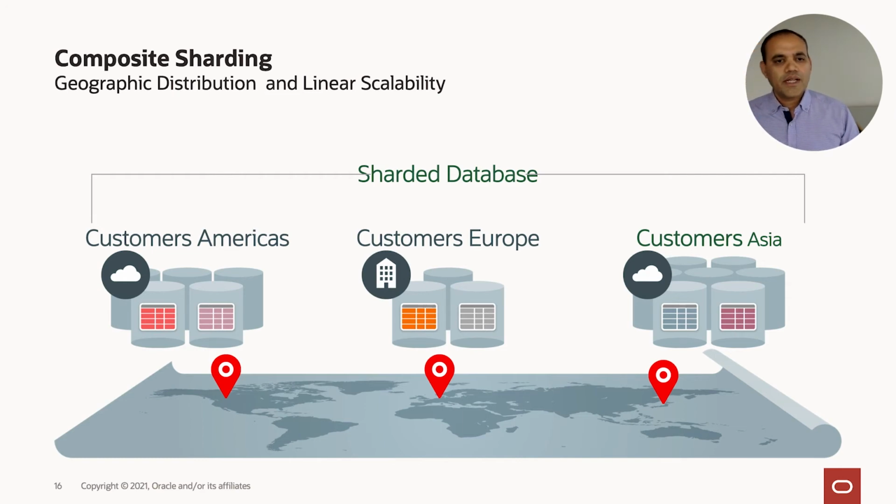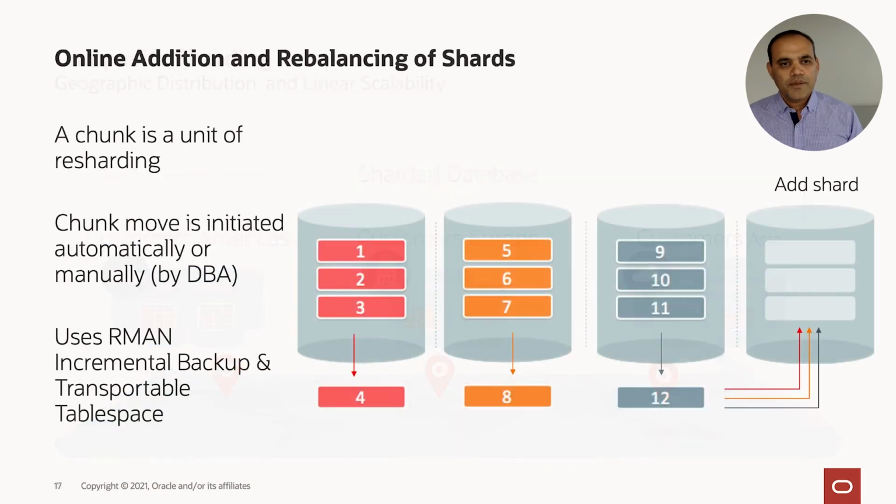In Phoenix in US, I have 5 shards, and I don't want to micromanage the data placement, so spread it evenly. Likewise, I have 3 shards in Frankfurt and 7 shards in Tokyo. So what we can do is use the user-defined sharding, which is list-based, where if the customer's country of residence is United States, Canada, Mexico, put their data in a Phoenix data center. If a customer's country of residence is France, Belgium, Germany, put them in Frankfurt data center, and so forth. So that's what enables geographic data distribution as well as gives us the linear scalability.